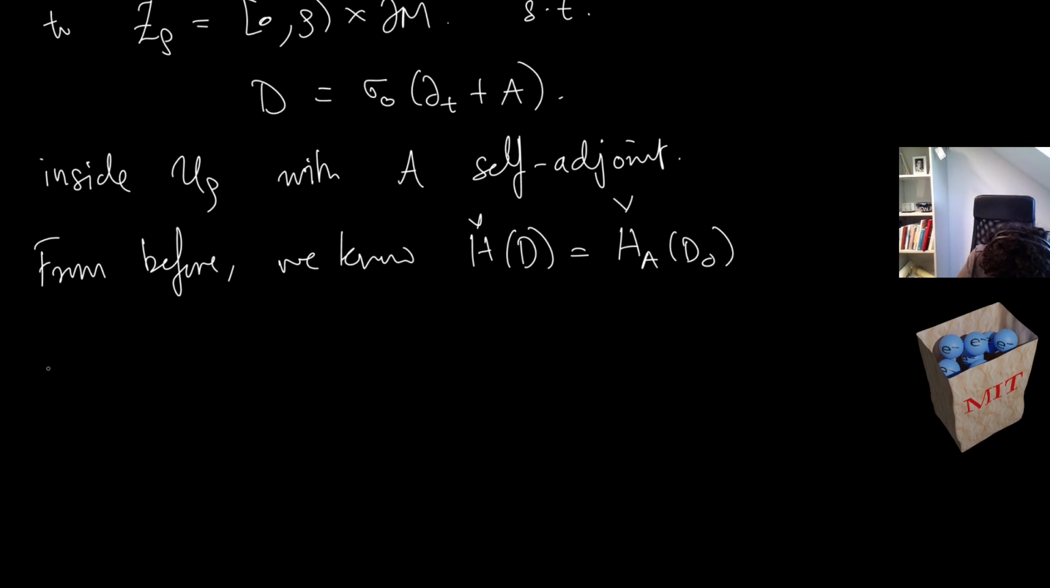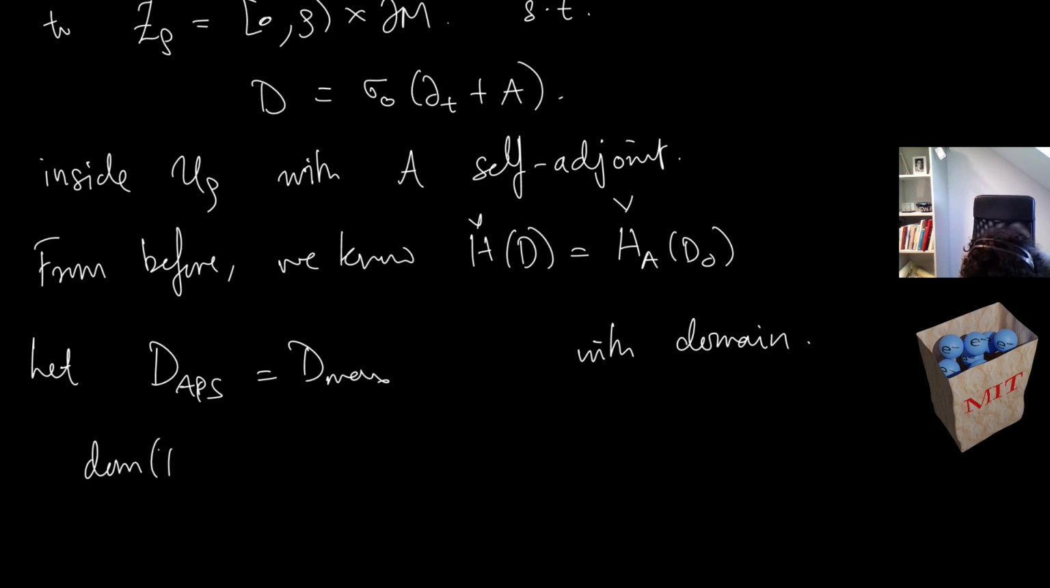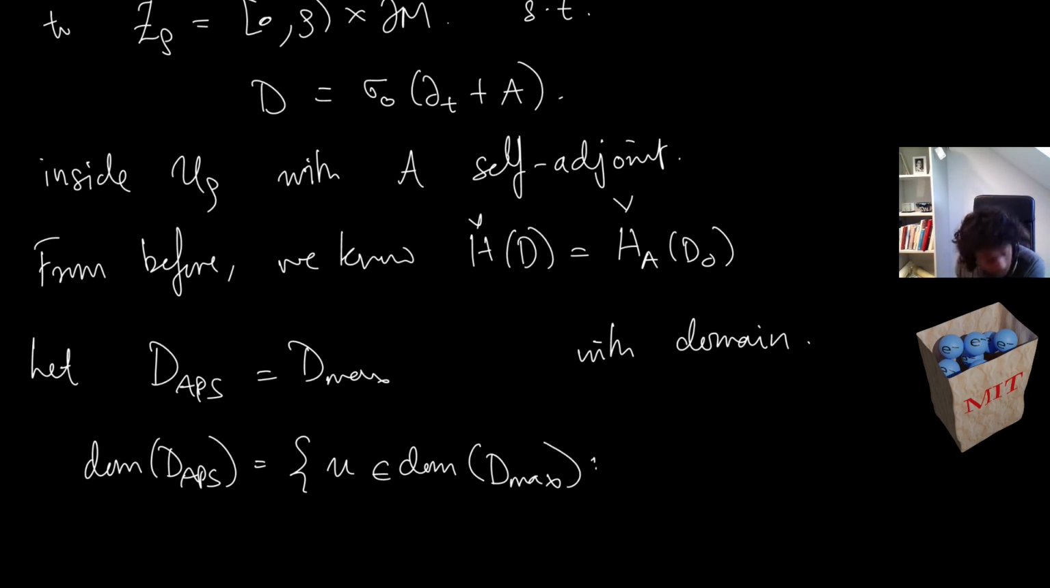Okay, so now let D_APS be the operator acting as D_max, with domain, so I should just say equals D_max with domain dom D_APS equal to U in dom D_max, such that the restriction now lands